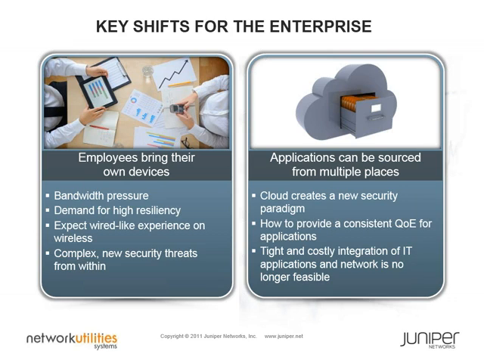The slide here just shows the two key shifts in the enterprise today, and some of the key reasons why these shifts are affecting enterprise networks. BYOD, enterprise BYOD, bring your own device into the network. Bandwidth pressure. Bandwidth is readily available nowadays. You can increase your bandwidth and so on, but the more devices you get onto your network, the more pressure you have on your bandwidth in order to provide the necessary bandwidth for the users to access resources that are in hosted data centers or external data centers.